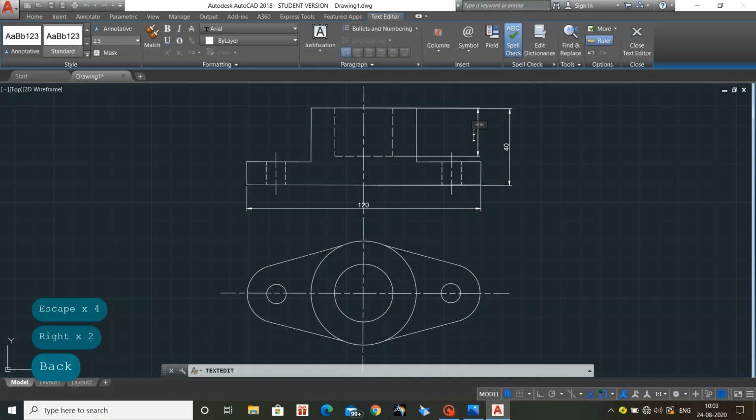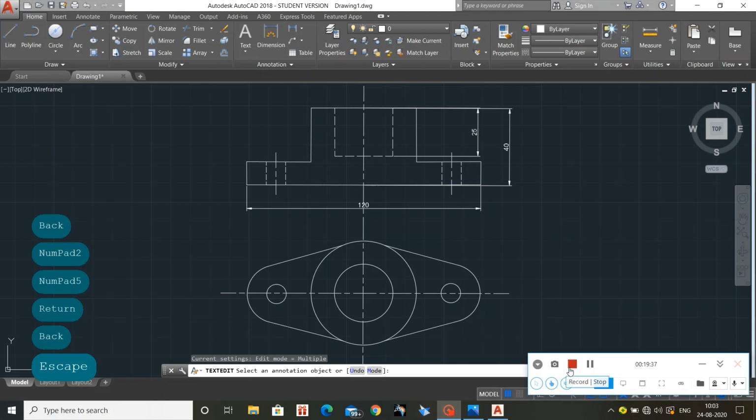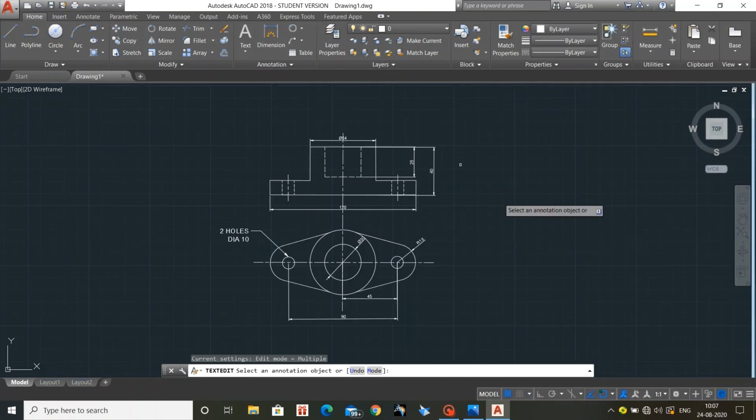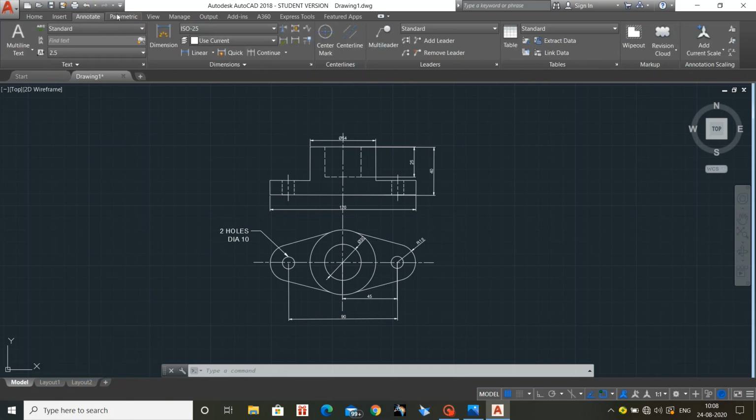A small variation, so it's 25. After entering the dimension, press escape, so it will modify the dimensions. After dimensioning all this, I have used all types of dimensions there. Radial dimension, angular dimension, everything will be in the annotation.